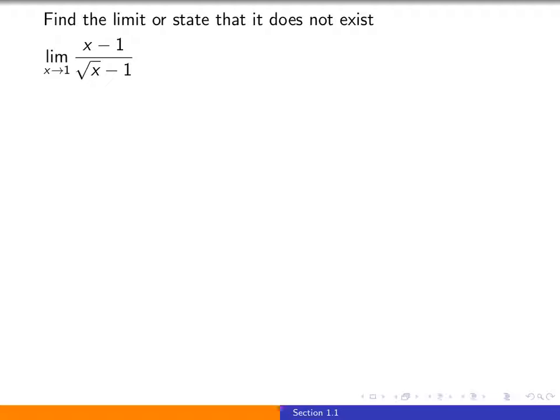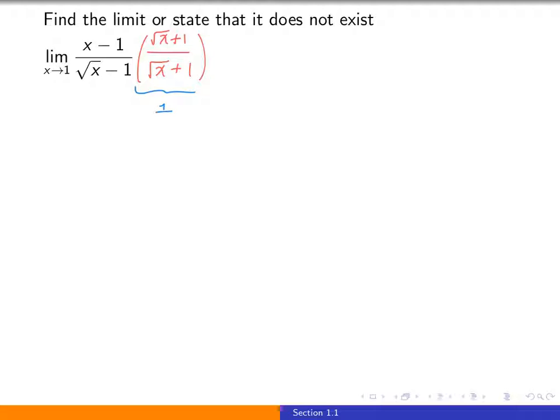When we have limits of this form, especially terms that involve a square root plus or minus something else, and I cannot simply plug in the number, we like to multiply by the conjugate over the conjugate. So looking at the square root term in the bottom, its conjugate will be the square root of x plus 1. And one thing that we can do to algebraically manipulate is to multiply by 1. And here we've just multiplied by 1 in a fancy way, the conjugate over the conjugate, and that's going to